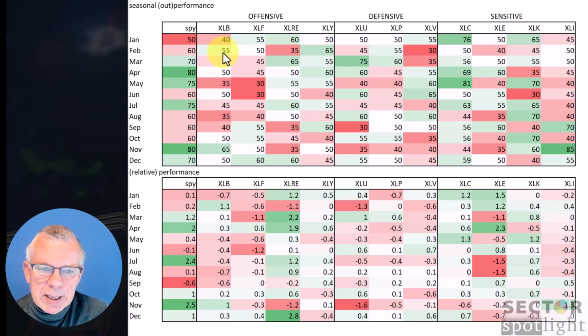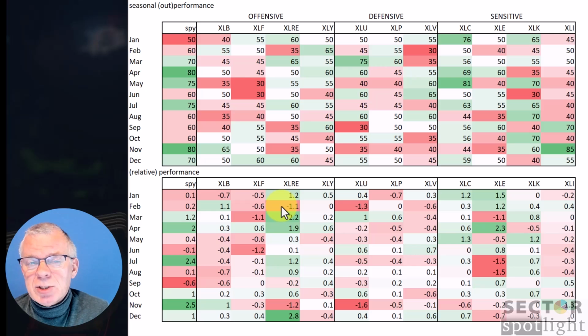And if you look at what's happening over the universes here, and I have grouped them based on offensive, defensive, and sensitive, you can see that inside the offensive group, there is real estate, which is at 35%, which means that 65% of the time that sector is underperforming the S&P 500, and consumer discretionary is at 65% outperforming the S&P 500. Looking at the accompanying returns,